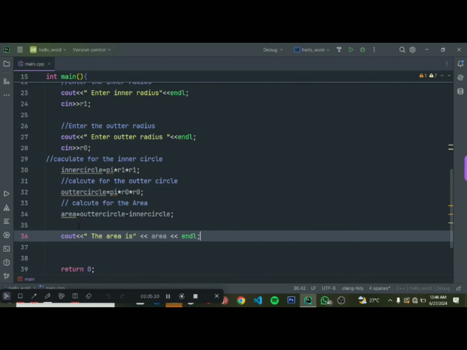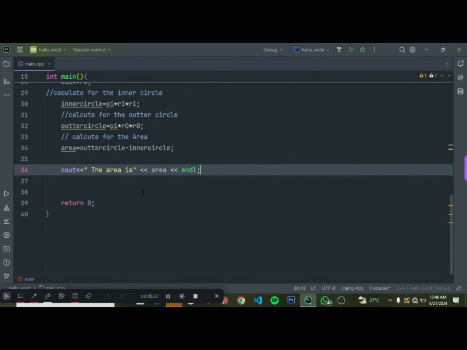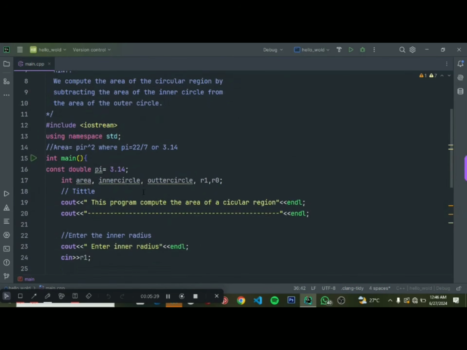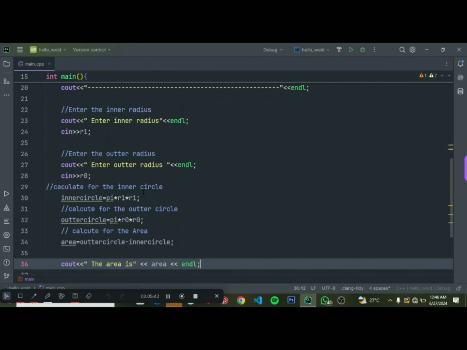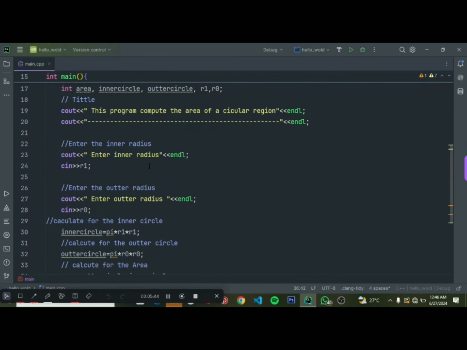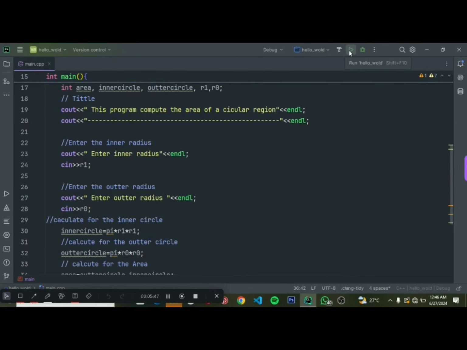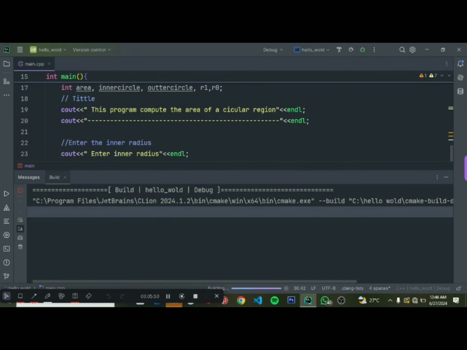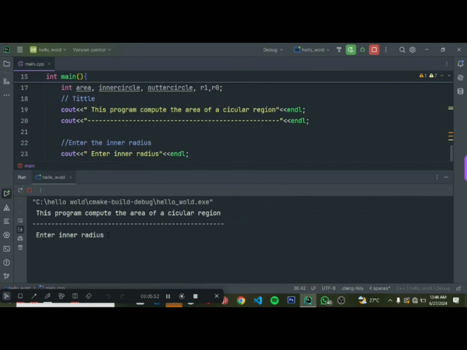So let's proceed and run our code and check whether there is no error in our code. There is no error in our code, so let's go and run. Let me run it here in my terminal. Okay, so as you can see, there is no error. So it is asking us to enter inner radius. Let me say 10, the outer radius, let me say